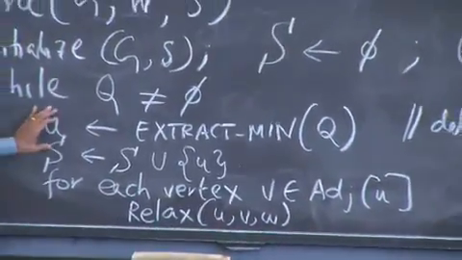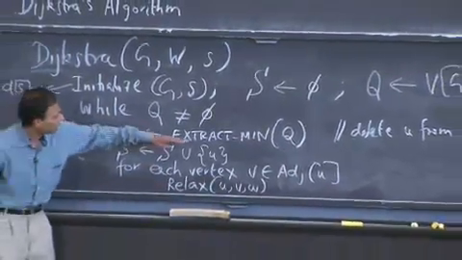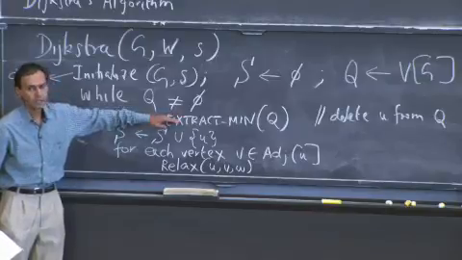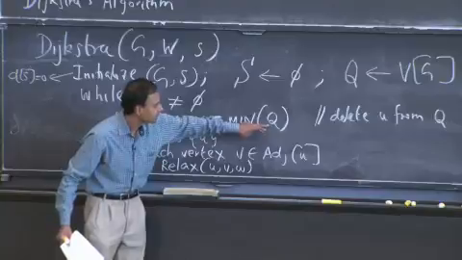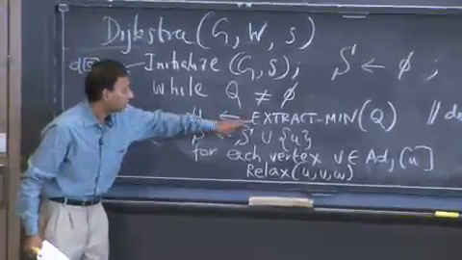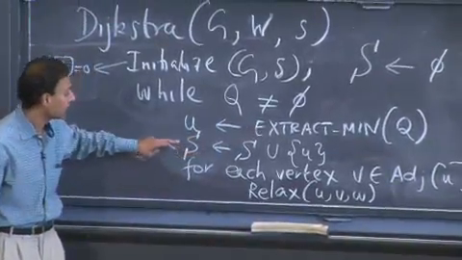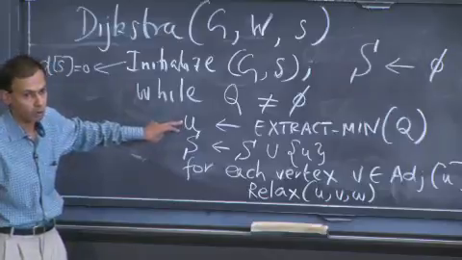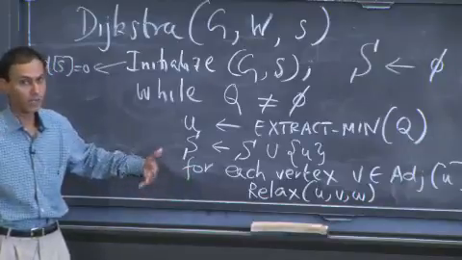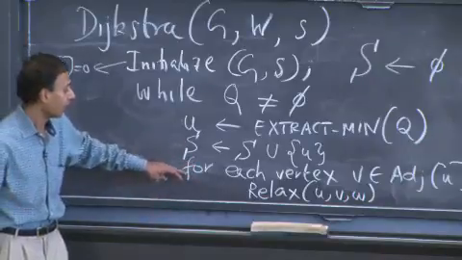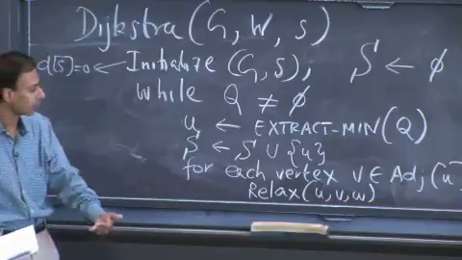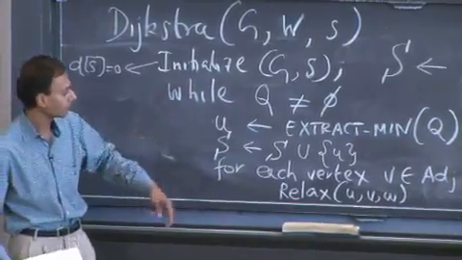It's a greedy algorithm. It's iterative. And the reason it's greedy is because of this step here. It's just picking the min priority from the unprocessed vertices Q and essentially claiming that this min value is something that you've already computed the shortest paths for. So when you're putting something into S, you're saying, I'm done. I know the shortest path to this particular vertex, and I need to now process it in the sense that I have to relax the edges that are coming out of this vertex and update the priority values,